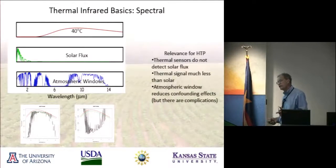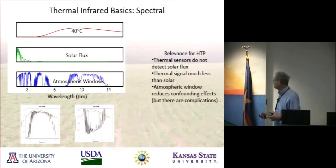Well, thermal infrared is complicated because it has spectral dependency, which we normally don't think about too much. It's much longer wavelengths, 10 micrometers, than the solar radiation that we deal with. The signal is substantially less, and it's affected by the atmospheric properties. In particular,